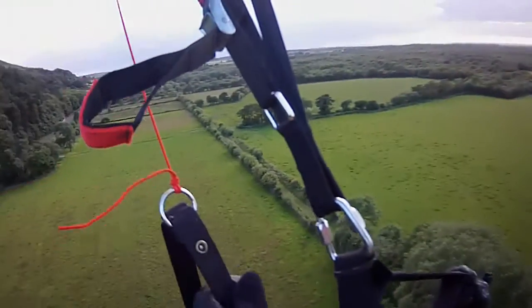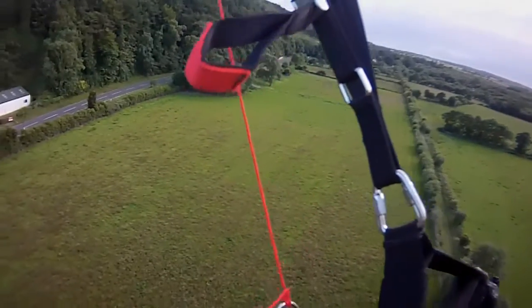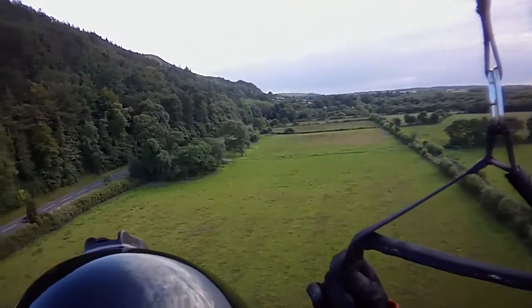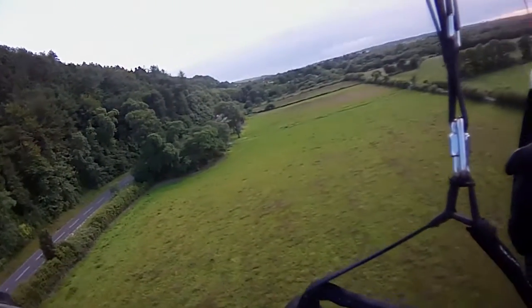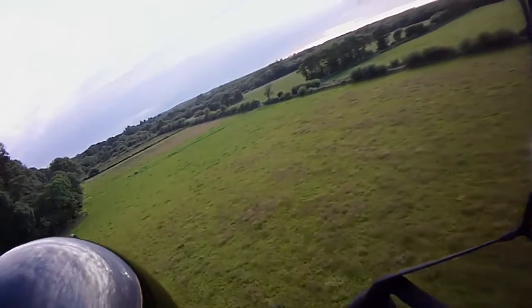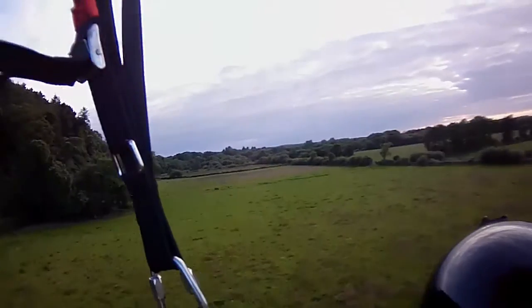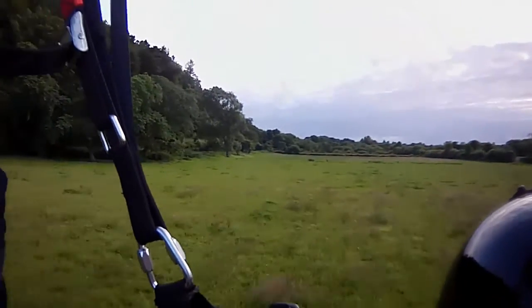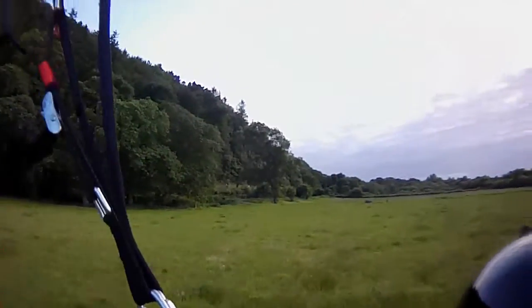And I've checked out along the field, made sure it's clear, there's no livestock. I'm turning before I fly out of the field. There's some quite large bushes on the boundary there, so I don't want to cross those low. I'm still a little too high from where I intend to land, so I've gone across the base again, and now adjusting the track across the field towards the centre, just levelling out now,